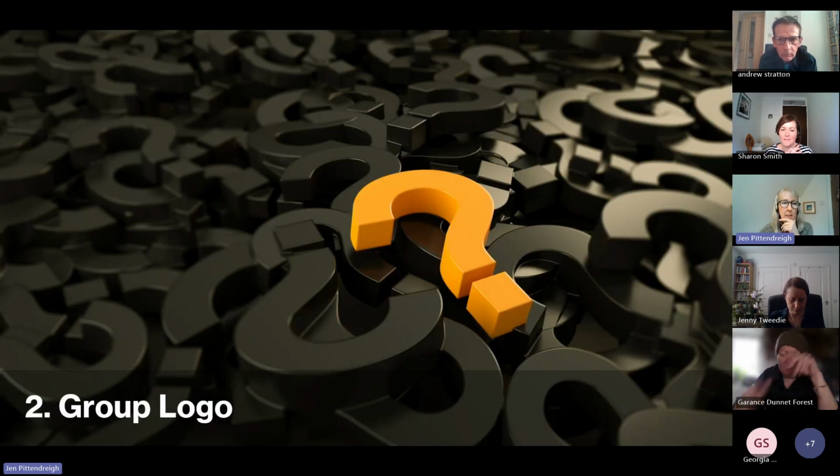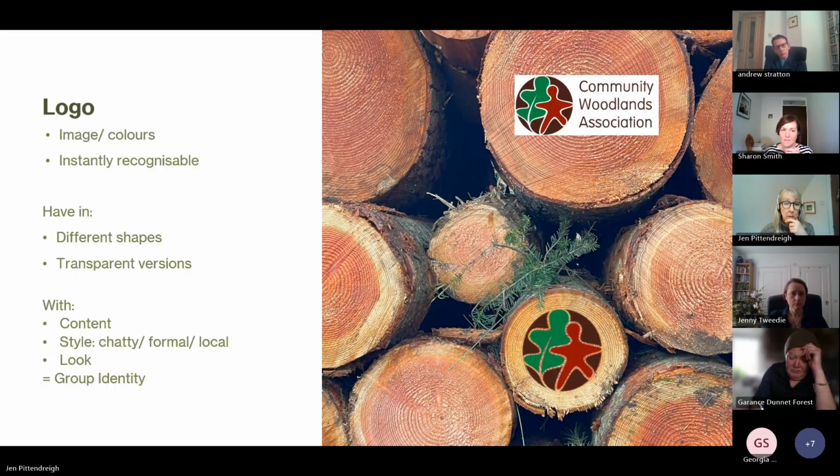So the second thing that I would say is, if you don't have a group logo, I think that you should think about it. I almost think that it's a bit of a shortcut to any communications that you do, whether you're putting out a poster, a newsletter, social media posts. It's a very quick way of flagging up who it's from and doing it in an eye-catching way. So if you've got quite a distinctive logo, then people will instantly recognise who the post or whatever is from.